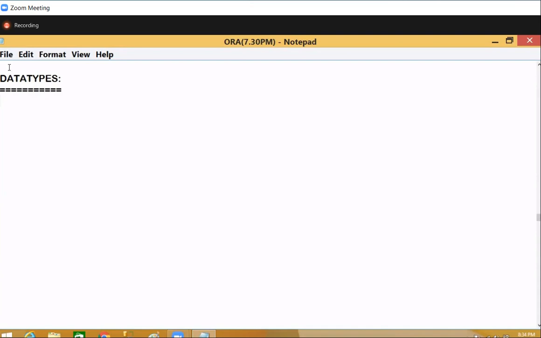So now, what is the next one here? I need to design a table first of all. But if I want to design a table, what is required? What is the prerequisite for designing a table in a database? That is called data types. When you have a good knowledge in the data